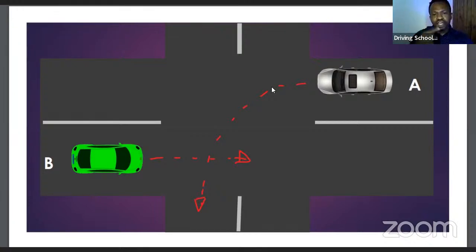Therefore, the vehicle that is coming from your left hand will be the one to give you right of way. Now, the first thing that you need to always do whenever you have this kind of question is to figure out where is the right hand of vehicle A and vehicle B, vehicle C, D, E, F, as the case may be. Now, in this case, we're going to identify the right hand of vehicle A. Now, remember, the rules said when their trajectories are about to intersect. Now, if you look at the trajectories of this